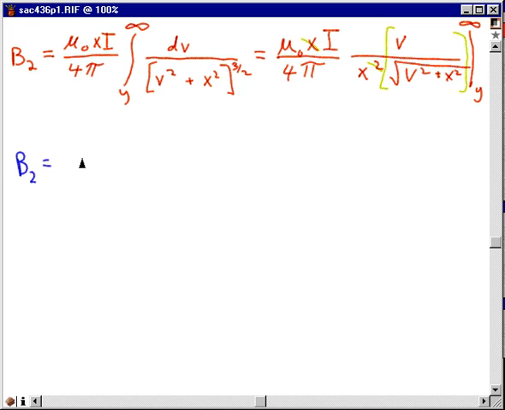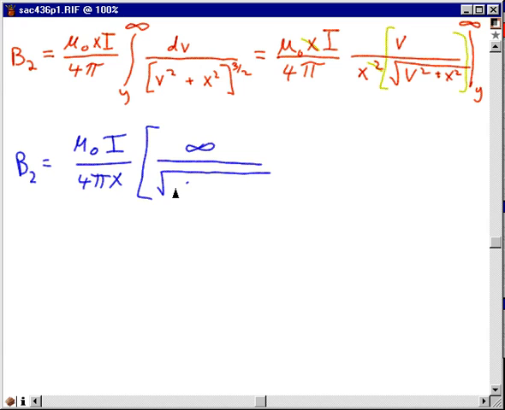B2 is mu 0 I over 4 pi x times this expression evaluated in the limit as v goes to infinity. I think I'll just plug in infinity for v, see if we can make sense of that. Then we'll have divided by the square root of infinity squared plus x squared, and then minus the same expression evaluated at the lower limit,